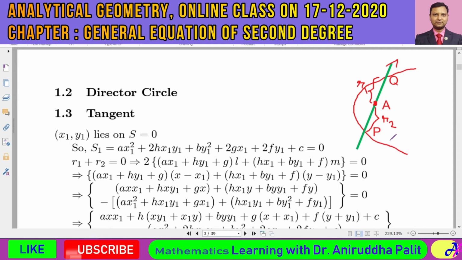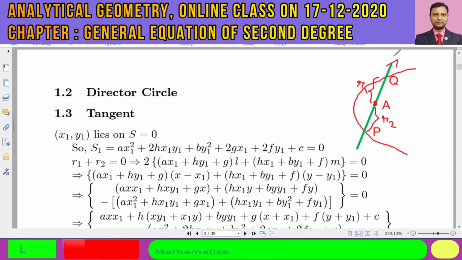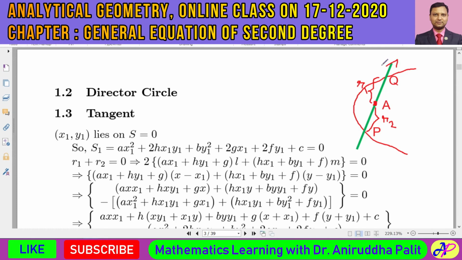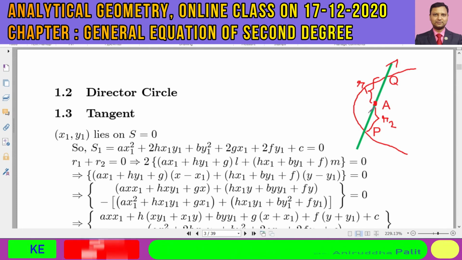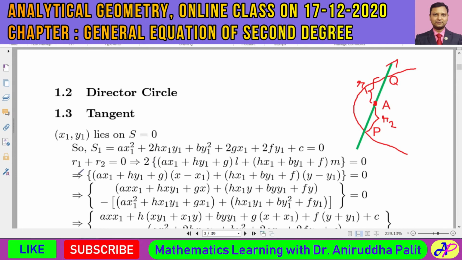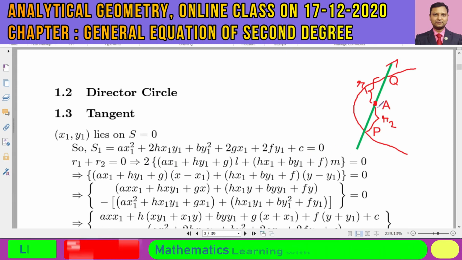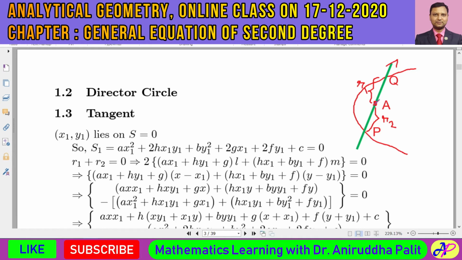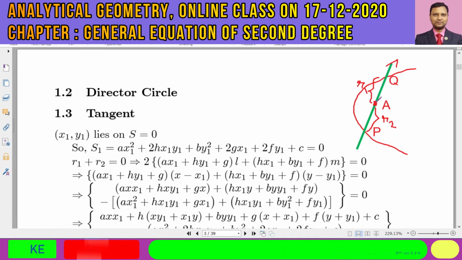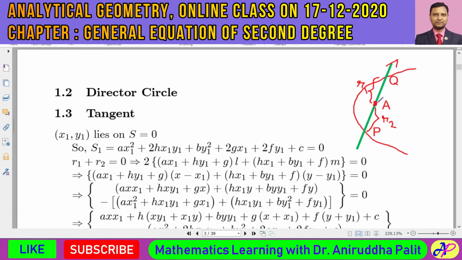Just compare this straight line with the x-axis. Suppose capital A is the origin. If Q is along the positive x-axis and the position of Q is measured, then R1 would be positive and R2 would be negative. And in that case, what we expect over here, you see, what would be R1 plus R2? If capital A is in this position,